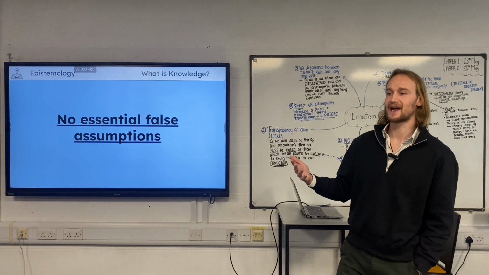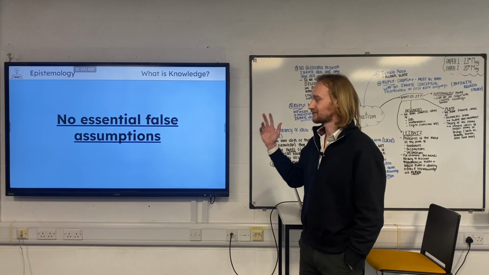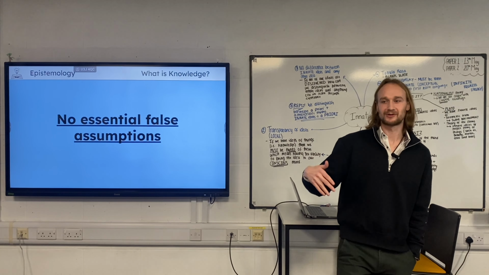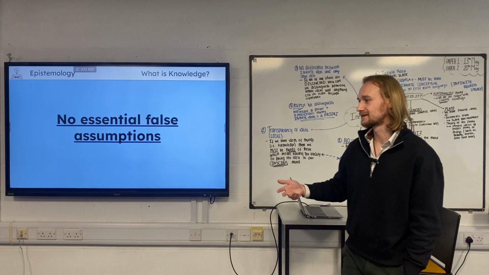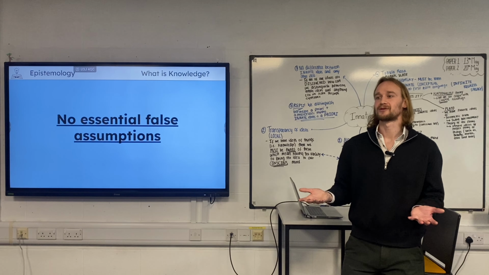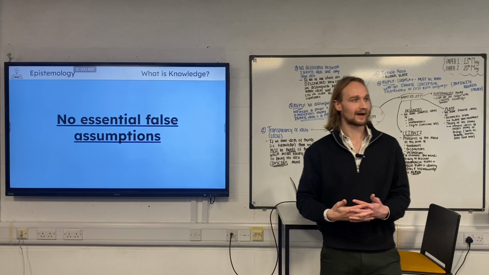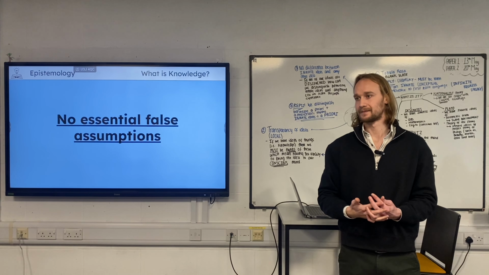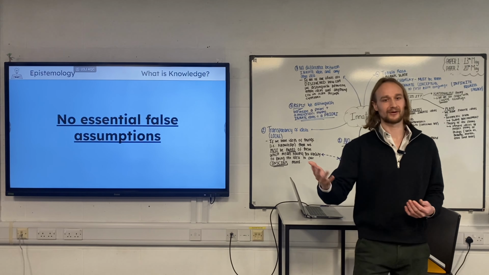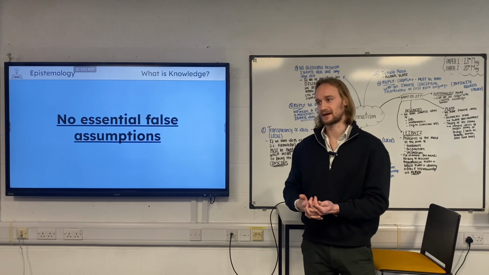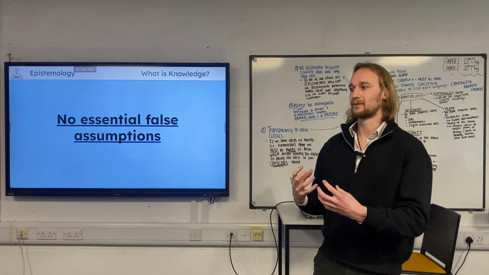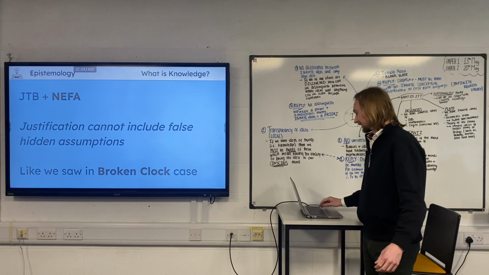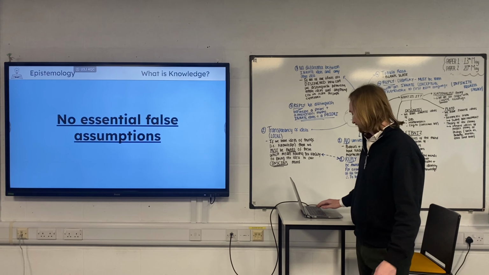So then that's kind of changed a little bit to this no essential false assumptions. So going back to that broken clock case, you cannot have some hidden false assumption in there that this is a working clock, and a false assumption that the boss is telling the truth in the Smith and Jones case. So they make it a little bit stronger, but ultimately what we find with that,